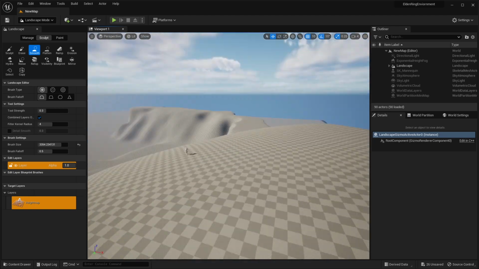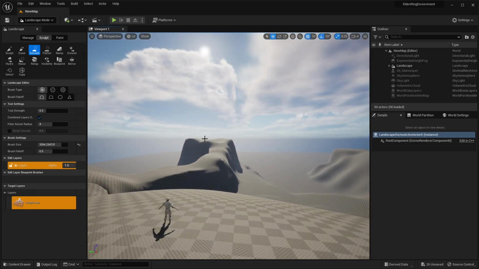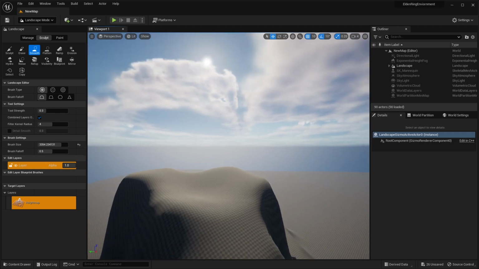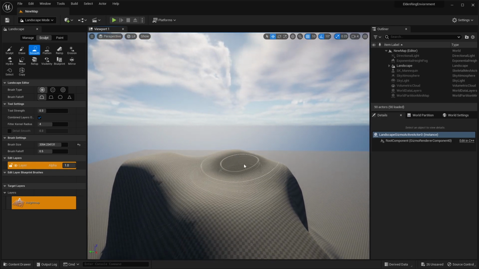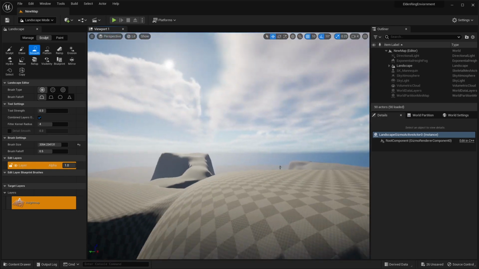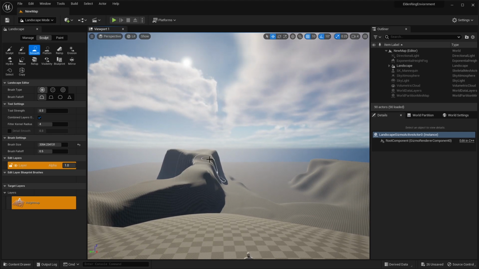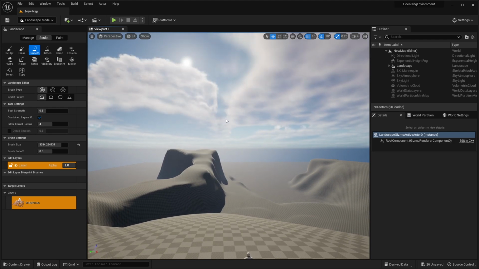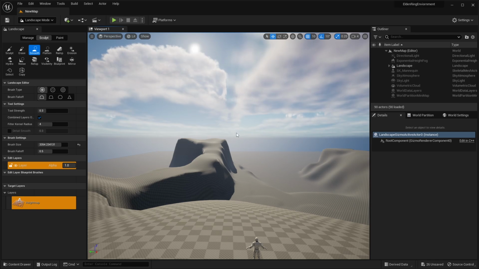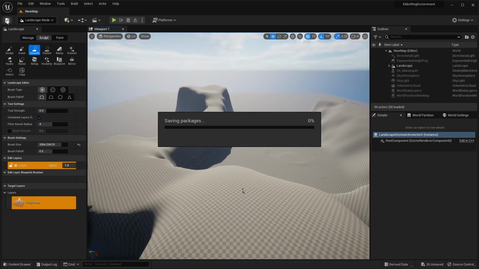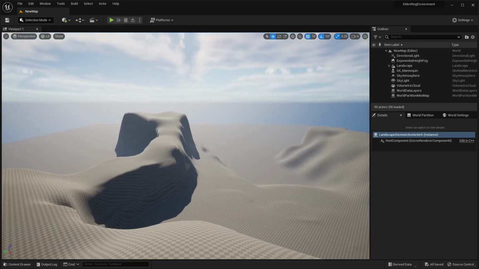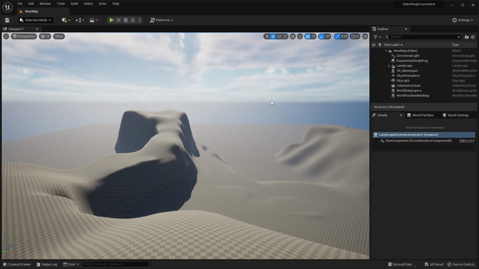That way we get sort of an uneven terrain, okay? So it kind of slopes up like so. Okay, so we can play more with the sculpting later on. For now, this should be good. Let's go ahead and save this, and let's get some rock meshes so we can actually add the cliffs for